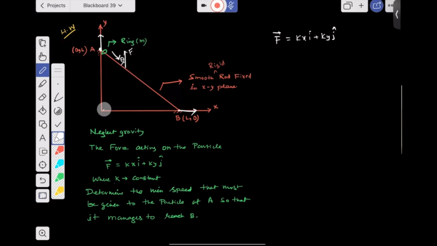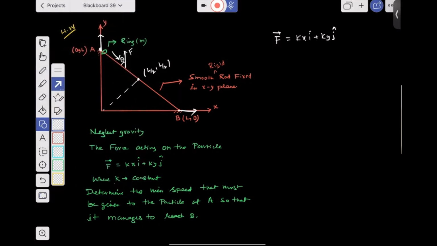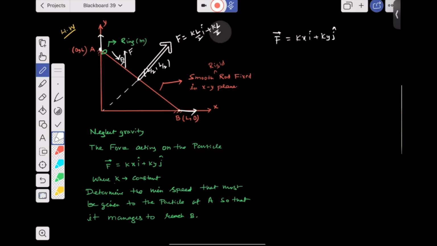And if I consider the middle point of this rod, what will be the coordinate of that middle point? You can tell, no, L by 2, L by 2. So if I ask what will be this force F when the particle is at the middle of this rod, F will be kL by 2 i cap plus kL by 2 j cap. And